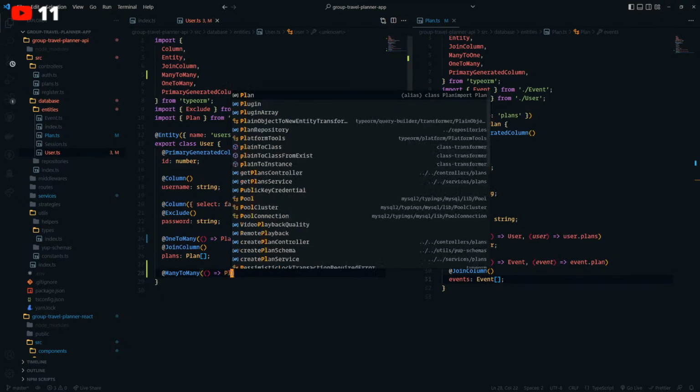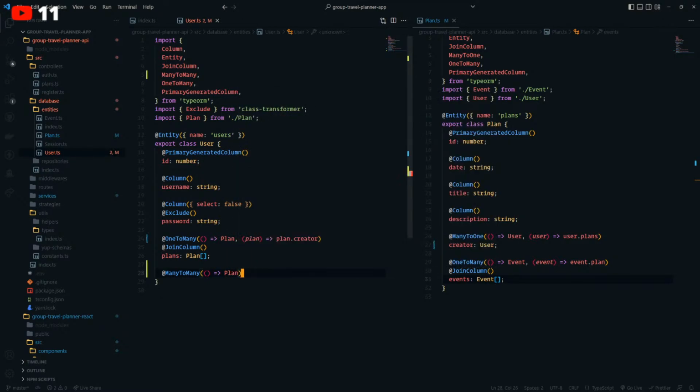It's going to be a many-to-many to plan. I'll just say created. I'll call this created plans. Created plans. And then this will be just plans, I guess.